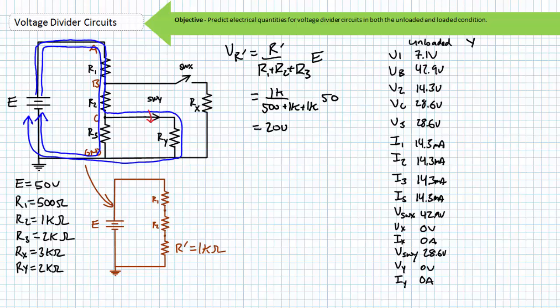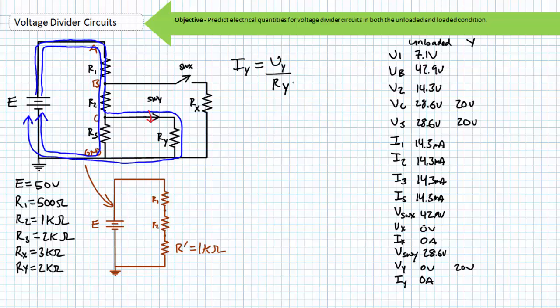R' is the parallel combination of R3 and load resistor Ry. Voltage across components hooked in parallel is the same. V3 is 20 volts, as is Vy. Additionally, it can be said that the voltage at node C with respect to ground is 20 volts. Ohm's law suggests the current through load resistor Y is equal to the voltage across load resistor Y